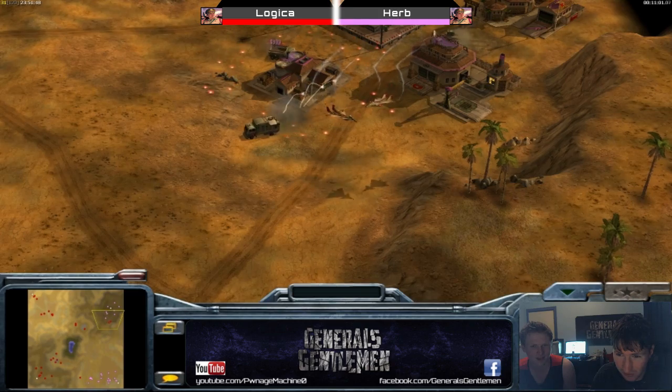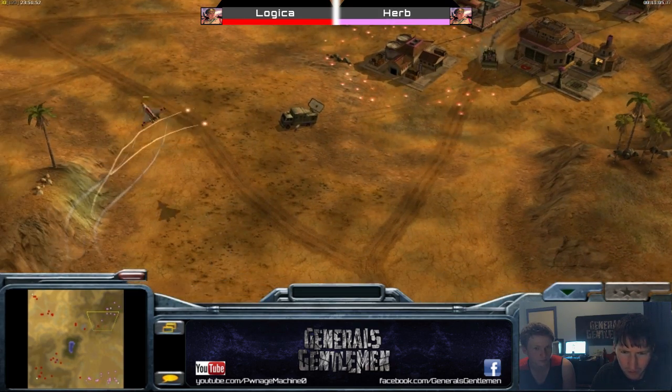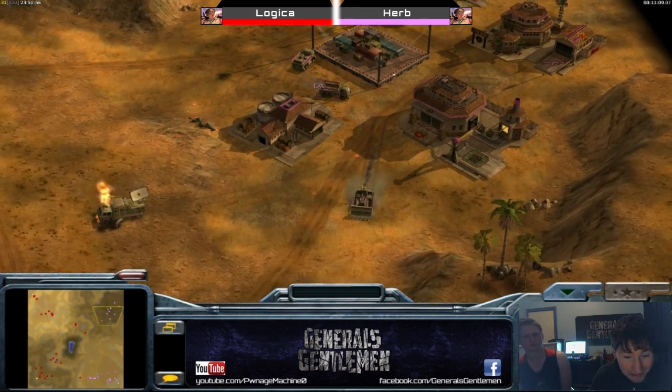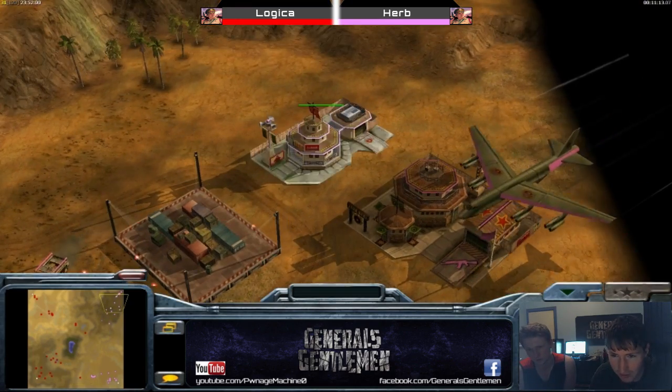Oh, here's an outpost. Yeah, there's an outpost, which is nice against those MiGs as well. I'm not sure what these MiGs are really doing though. I'm gonna go for the outpost. It won't kill it though by itself. I think he might have killed a truck or so. And so we actually see a pretty fast, well, not really fast, but faster than Logica's prop center and